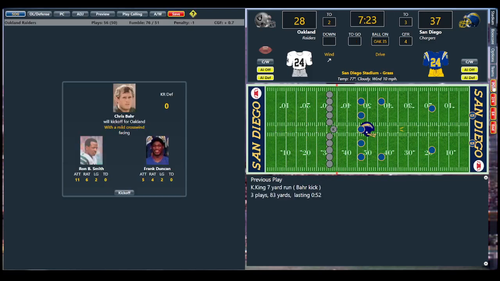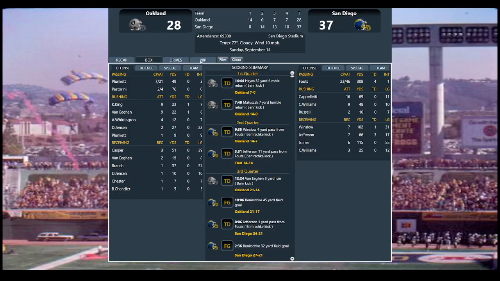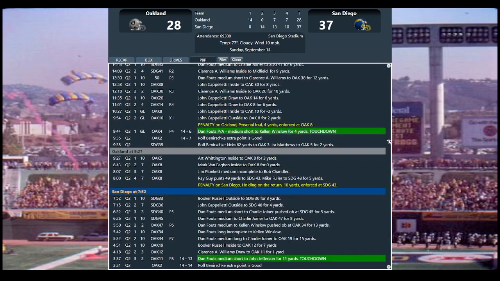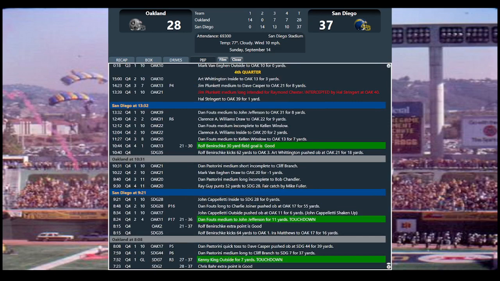A 70-yard run. So the Raiders, a 70-yard touchdown run for the score. 3 plays, 83 yards. Let's go look and see what the big play was in that. So the Raiders had to have a big play. That's the cool thing. You can go back and look and see what the big play was. So the big play